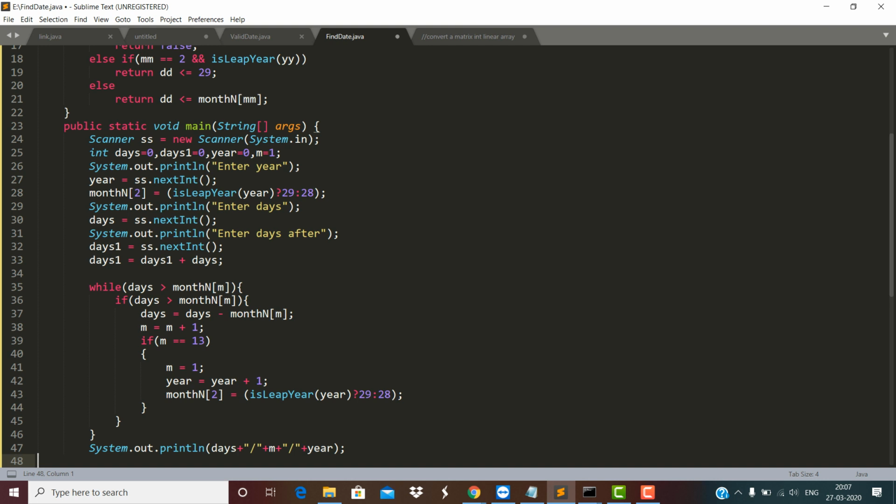366 days, when the year was 2009. So what will happen? The corresponding current date will be 1st January 2010 and then 17 more days. That's why I'm just adding 366 plus 17. So here